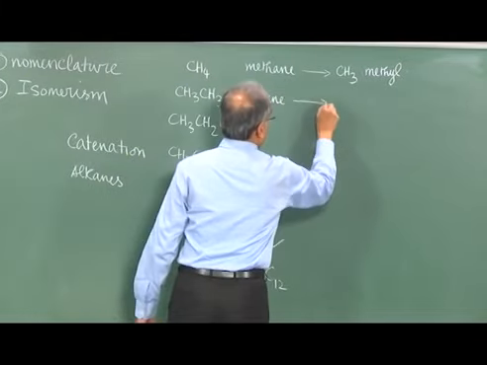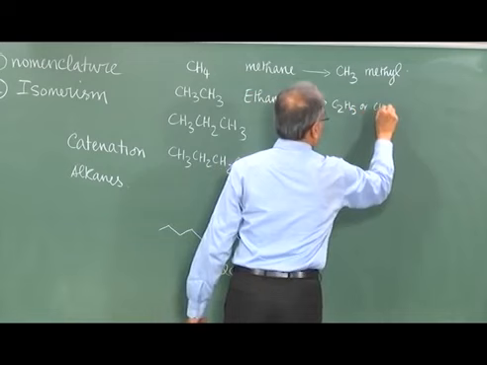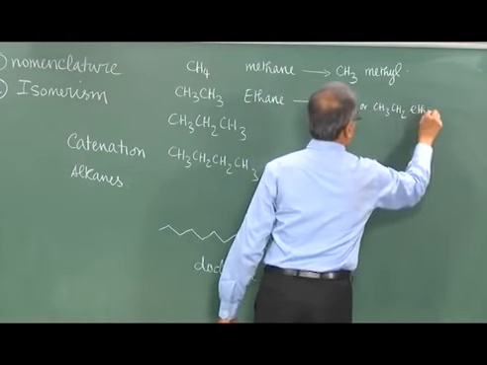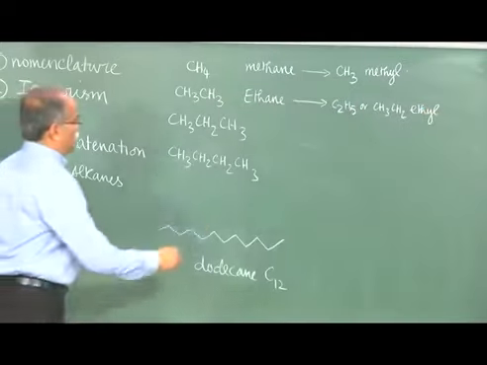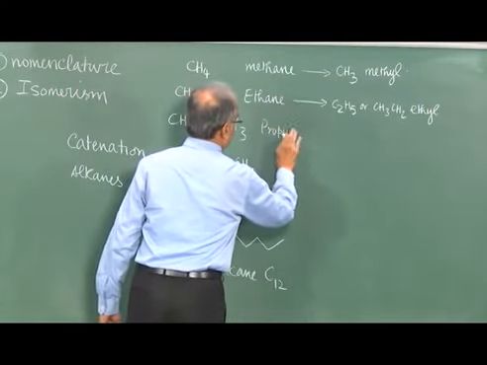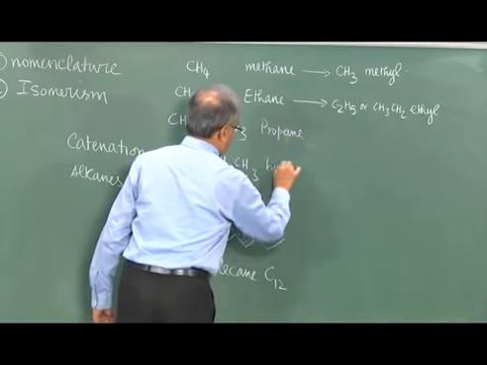The corresponding radical C2H5 or CH3CH2 would be called ethyl radical. This is propyl. This is propane. This is butane